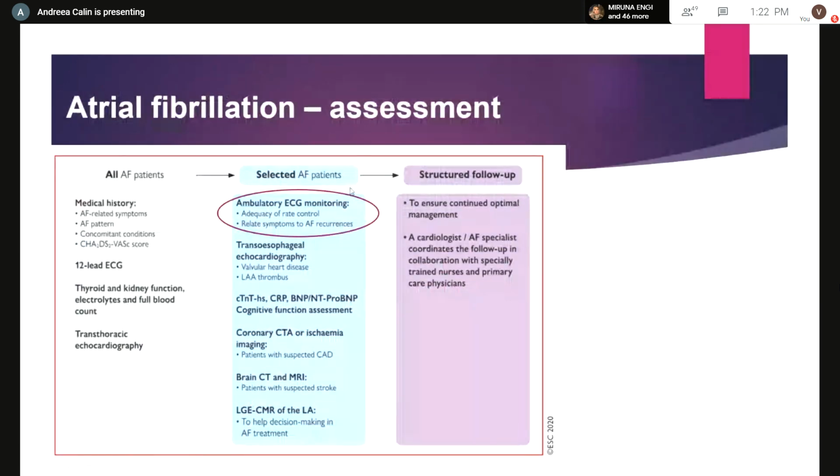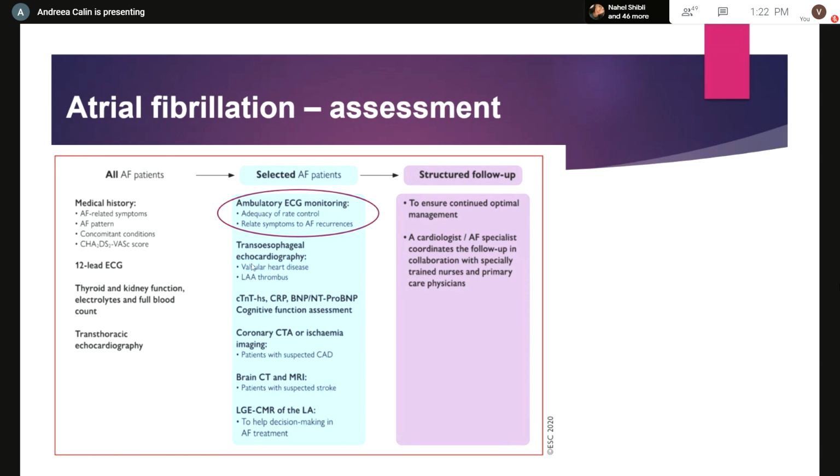In some of these patients, if the atrial fibrillation is not clear, if it's not diagnosed but is only suggested by the symptomatology of the patient, we should perform ECG monitoring. And also we should perform this monitoring if we have to control the rate and control the adequacy of rate control in these patients. We can also perform in some patients